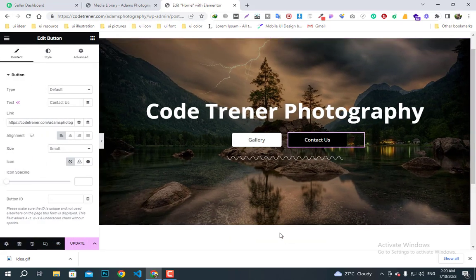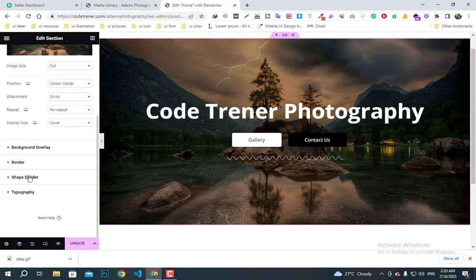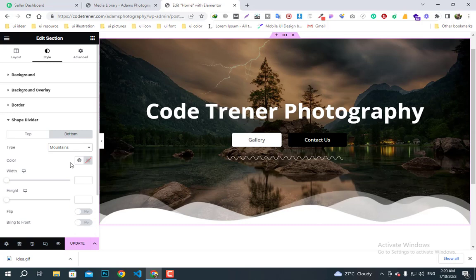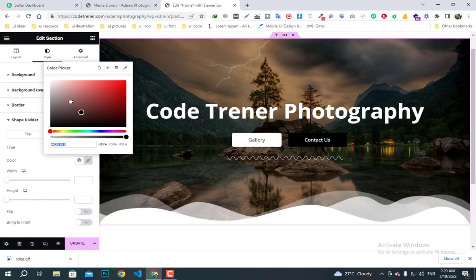Okay, now I will add a shape in the bottom of this section. So I click on this section and I will go to shape builder, and then I'll select bottom, and then I will select mountain shape. Yes, mountain shape is looking better, and I will make this color to,